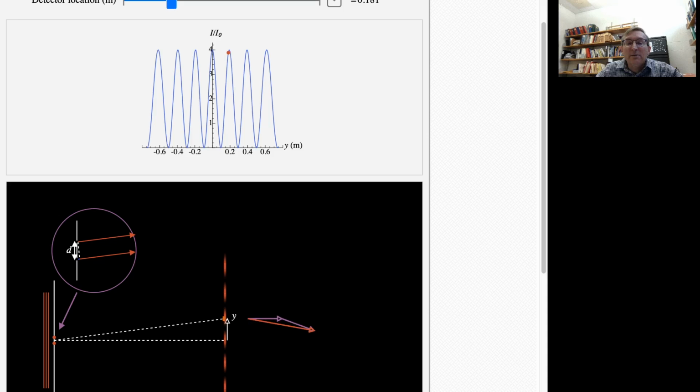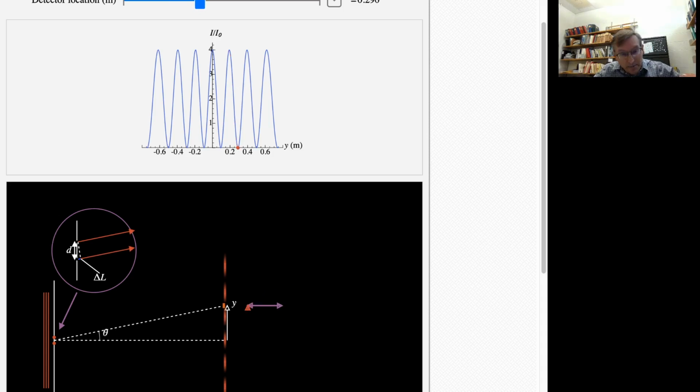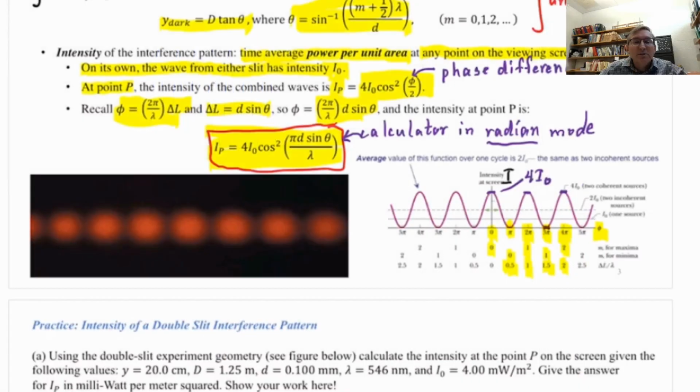if I'm at the center of the next bright fringe, my waves are in phase. I have a maximum intensity. My dot on the graph is up at 4I naught. I go up some more. At the center of the next dark fringe, my waves are exactly out of phase. I have no intensity, and it just keeps repeating. That's the pattern we want to be able to study and understand. Okay? All right,